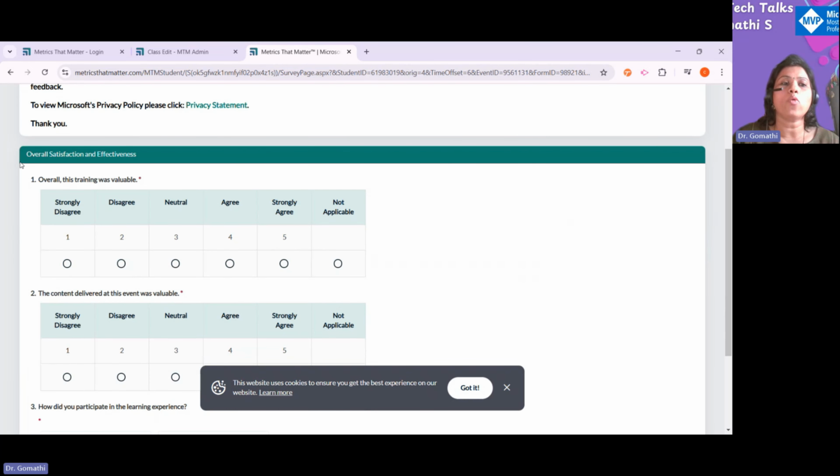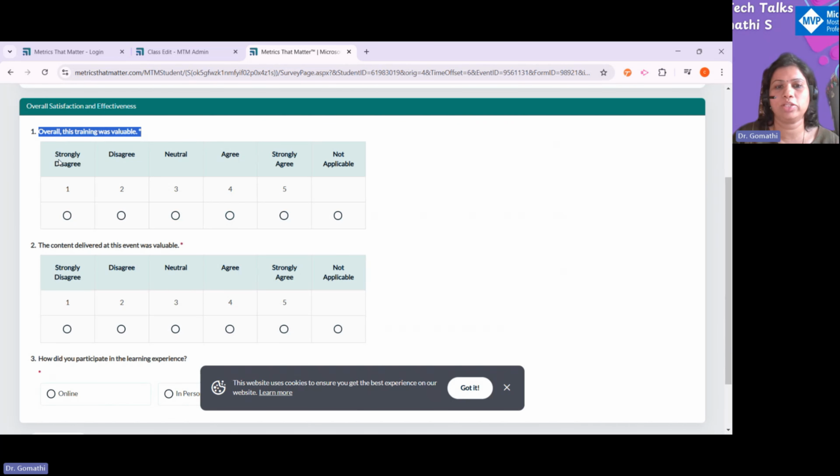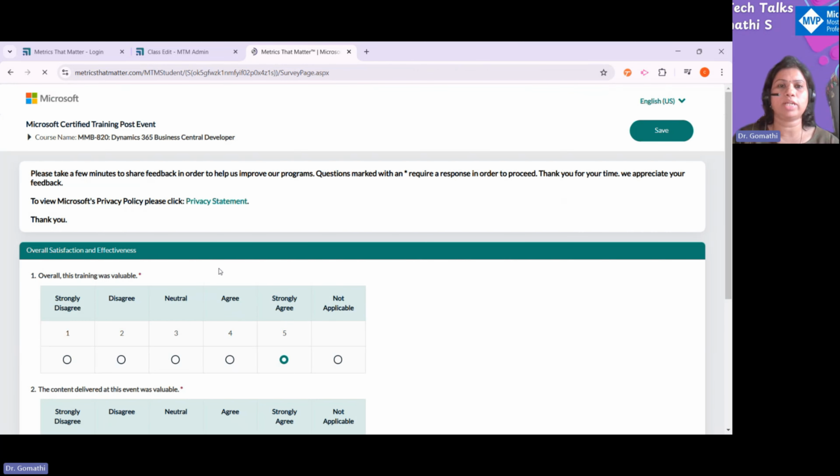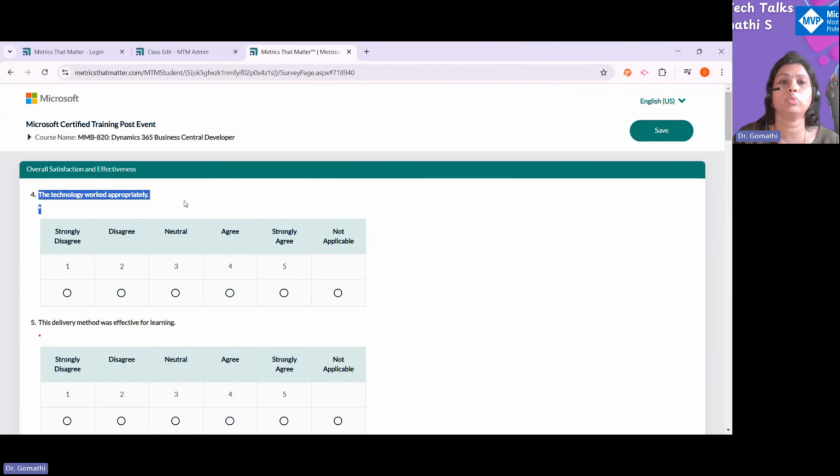So this is overall satisfaction and effectiveness: overall, the training was valuable. According to the participants, they have to enter these things, based on whatever they want. As of now, I'm just giving these things. The second one is, the content delivered at this event was valuable. Whether it is valuable or not, they have to give. And how did they participate, whether online or offline, in person, they can give this and click next. Now the next level of the satisfaction survey will happen, like the technology worked appropriately